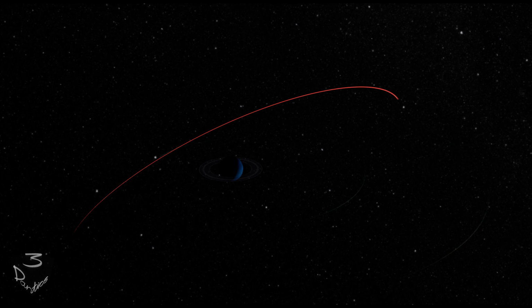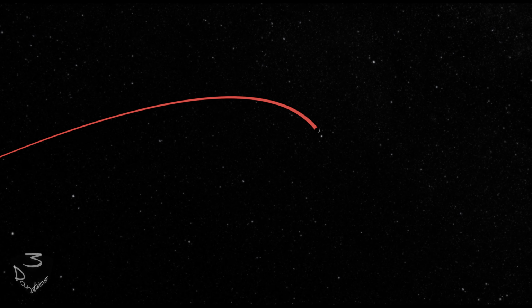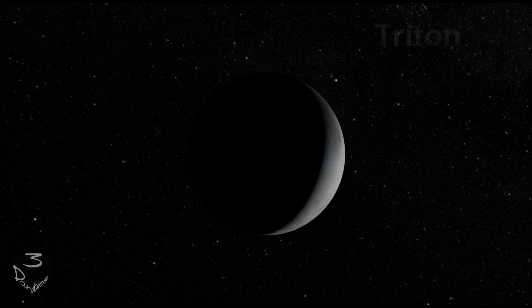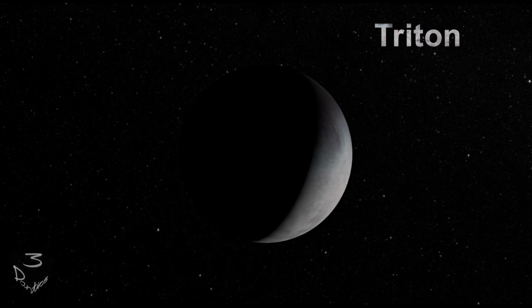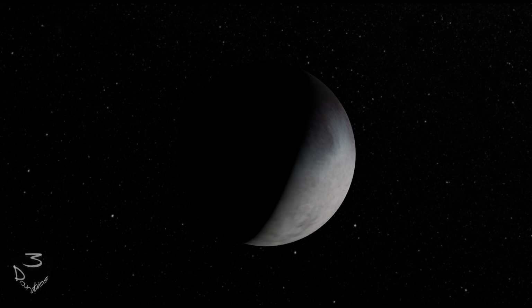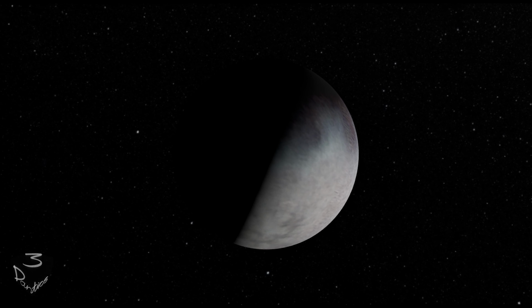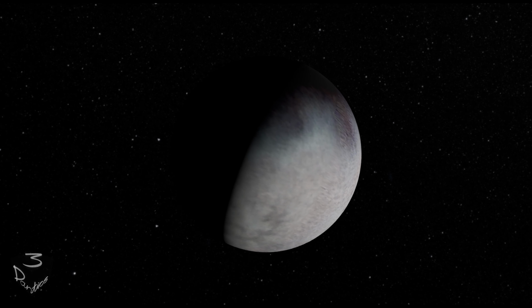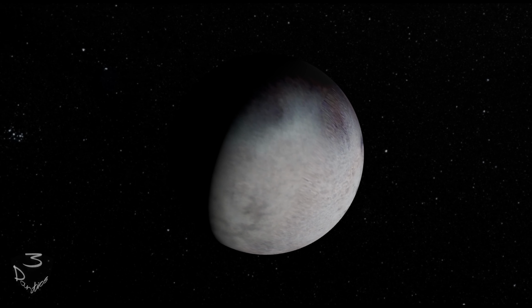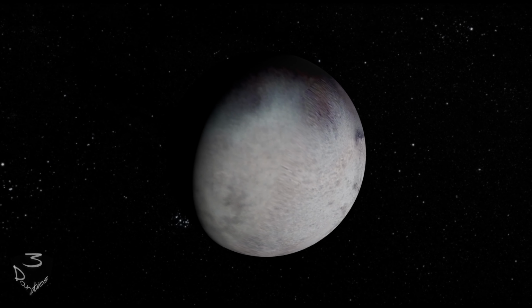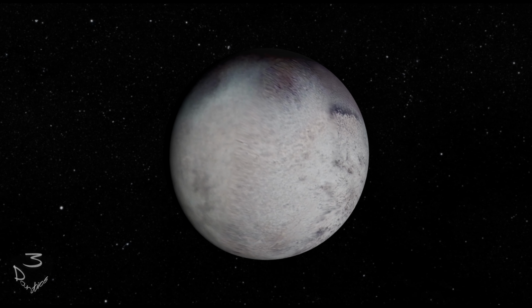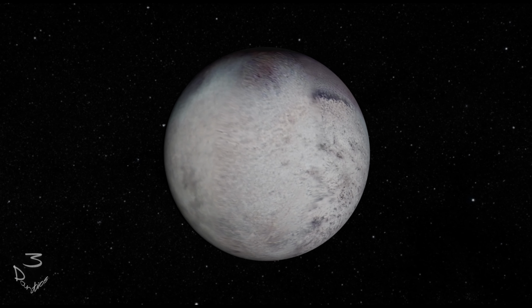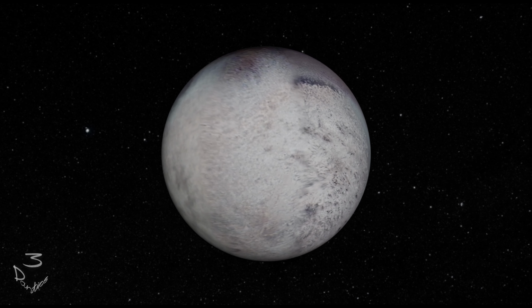This is Triton, not to be confused with Titan around Saturn. Triton was most likely a dwarf planet which has been captured by Neptune. With its arrival, it's suspected that virtually all of the other moons were smashed into or had their orbits altered, maybe even breaking free from Neptune. There is no other example of this among the planets, and scientists are keen to learn more about it.